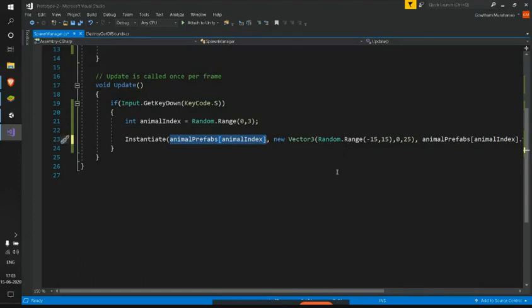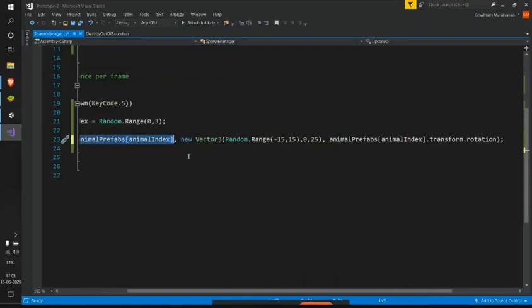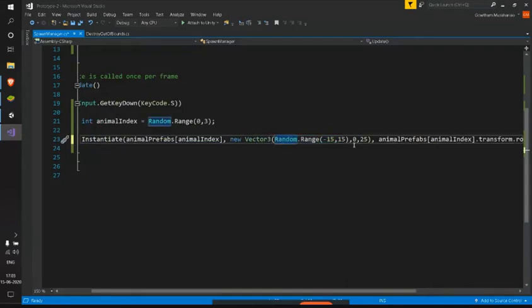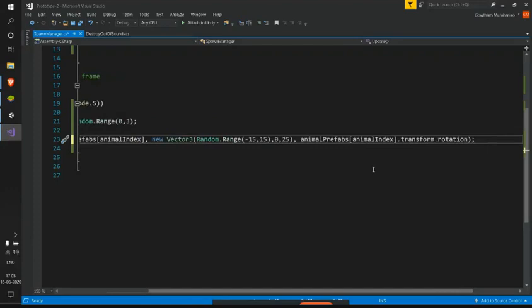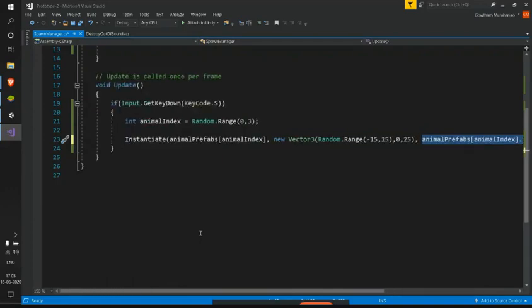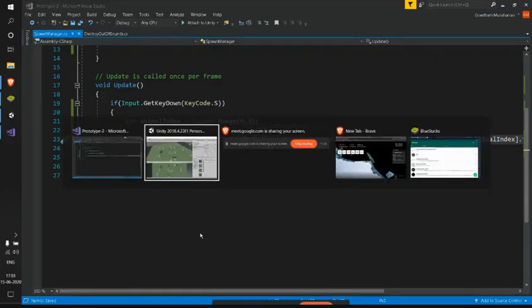We give it a random position in x and fixed positions for y and z, where y will be 0 and z will be 25. We use 25 just because it is beyond the game view limits. For the rotation, we are picking the original rotation of the same animal prefab itself. Let me save this and get back to Unity.